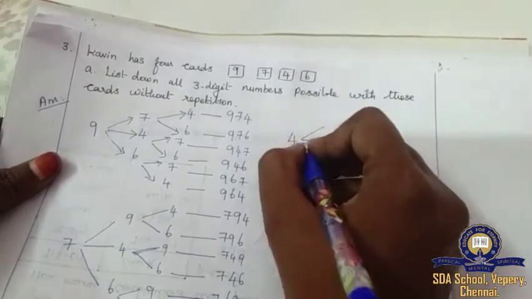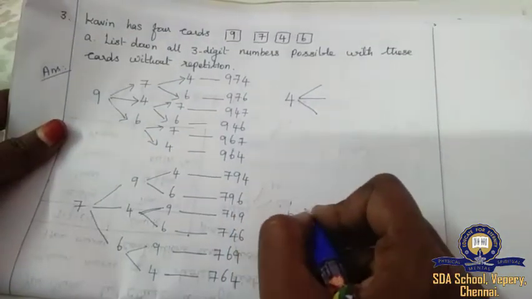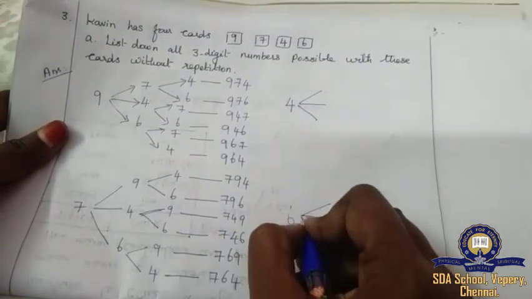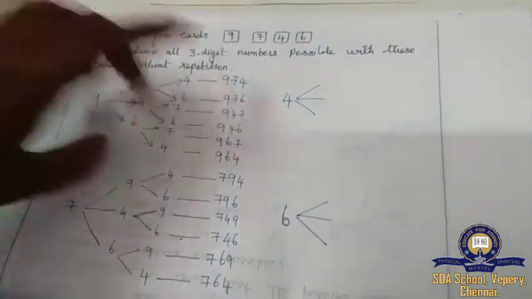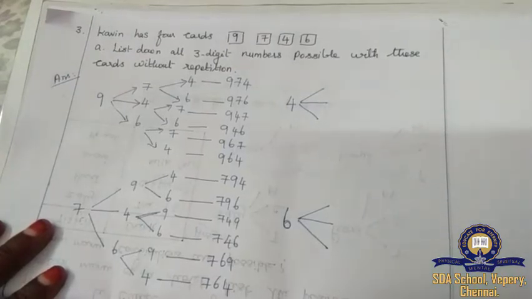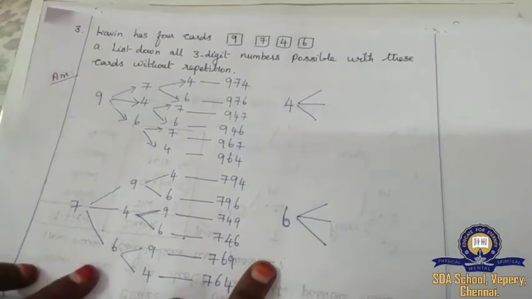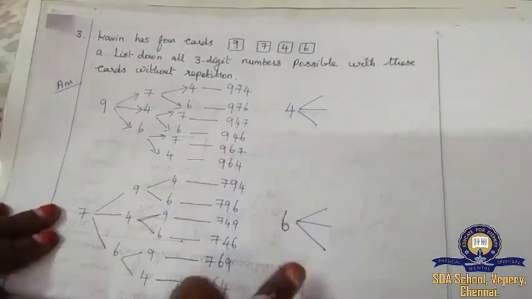4 and 6. Form a 3-digit number from this. Start from 4. So you have to write 976 here and then the remaining 2 digits, and form the 2-digit numbers. Okay. So the remaining, you have to complete.